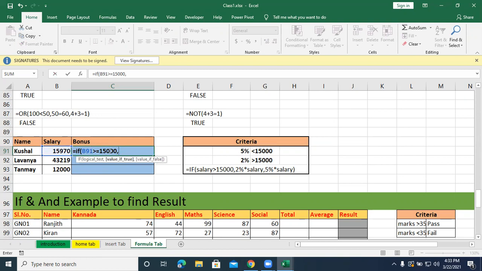This is my logical test. I require the value if true. If it is more than 15,000, what should be the result I should get in this column? 2% on 15,000 or whatever salary they have. So 2% into